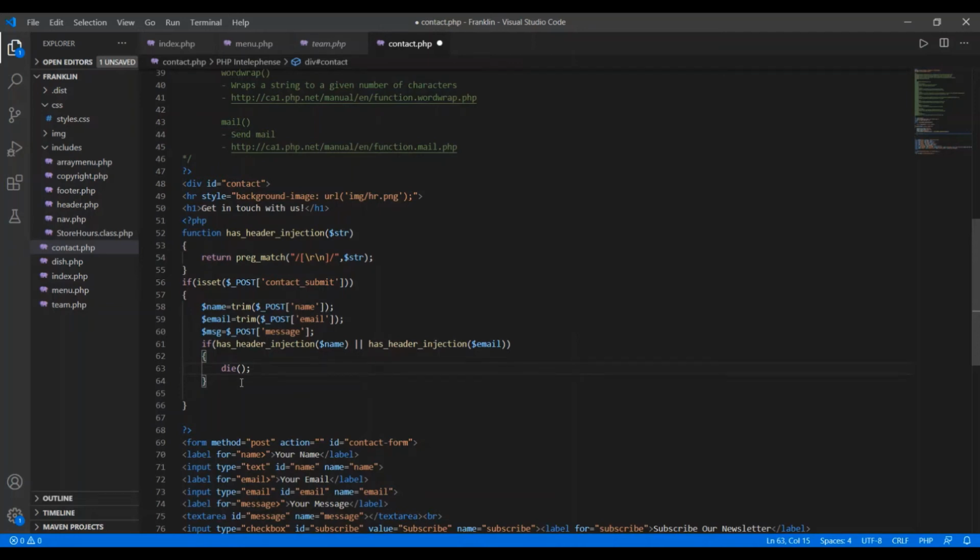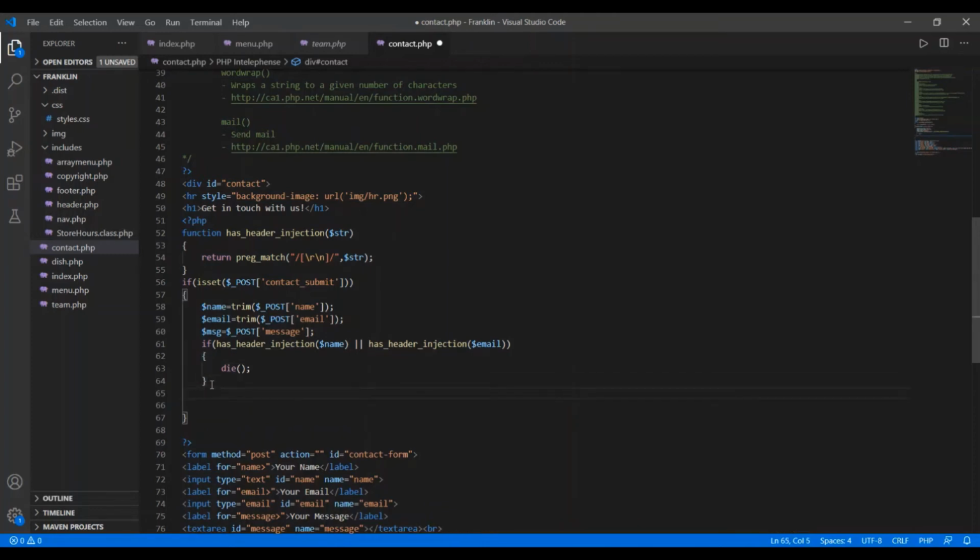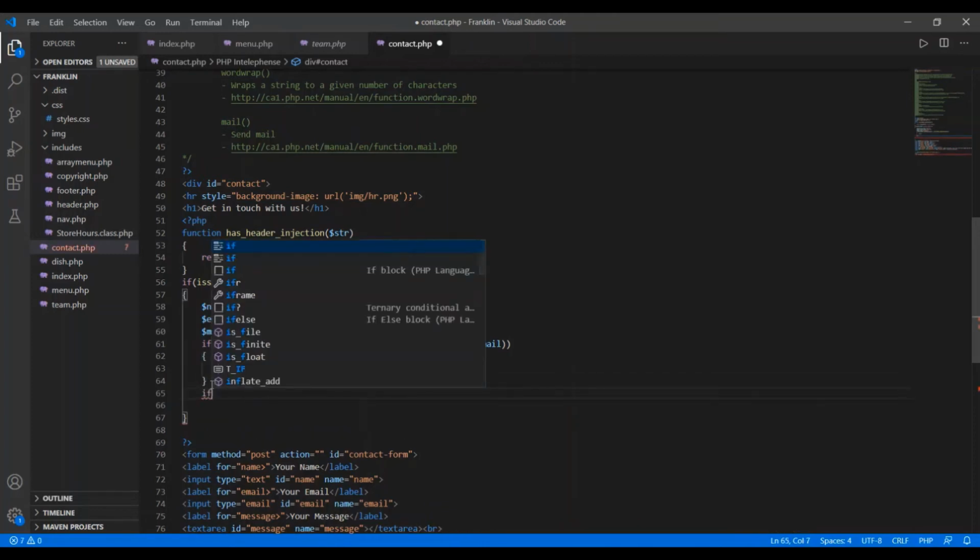Now I have to check whether the user has entered the values or not. What I want is to flash him a message if he has not entered some value or left some of the fields blank. So here I'm going to write another if.